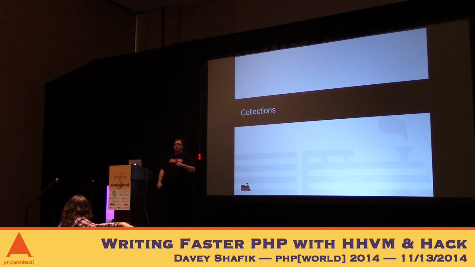We have tuples, which are typed arrays. Pairs, which can only contain 2 pieces of data. Vectors, which, as I mentioned, are numerically consecutively keyed only. Maps, which are ordered dictionaries that allow ints or strings, but not both. Sets, which are unordered collections of unique values. And again, I'm not so sure about that one. And there are also immutable variants of all of those, which is really cool. I can use some of those like an enum if I wanted to. Yes, so you could use an immutable variant as an enum.